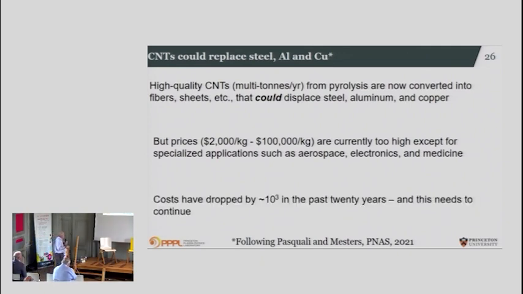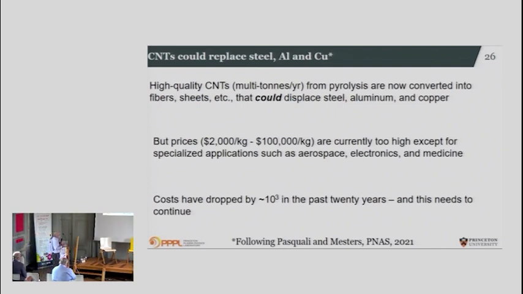Now, Matteo has pointed out that these costs have dropped by a factor of 1,000 over the last 20 years, and the hope is that if that continues, eventually these carbon-based materials could be used to replace these metals. And I think the goal is to try to get this down to below $10 per kilogram. If that can be achieved, then replacing some of these